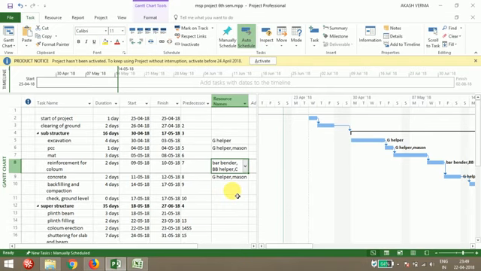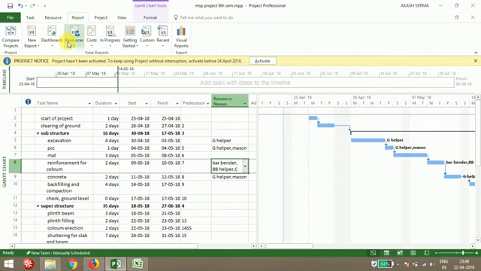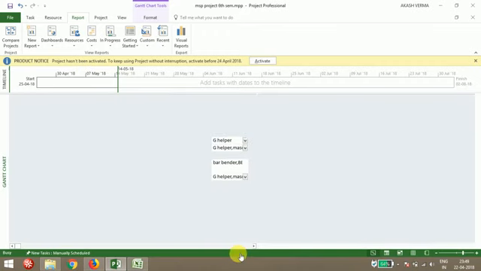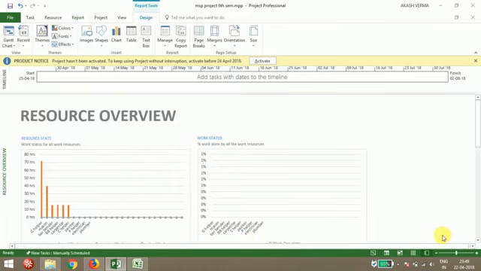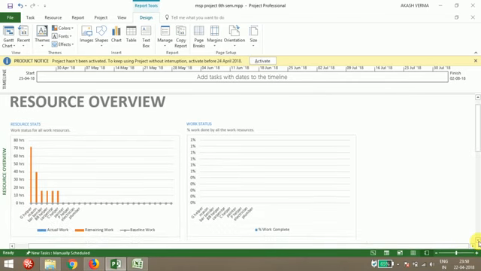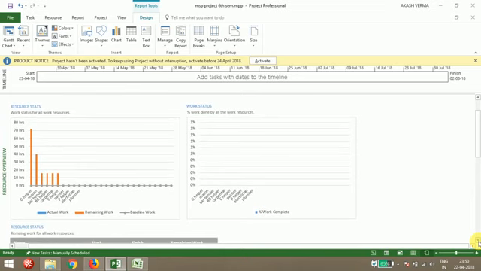Now, how can you view this allocation? After allocating all the resources, you need to go to the report part. In reports, go to resources and choose resource overview, and you can use whatever you need for your report. Here is the resource stats.